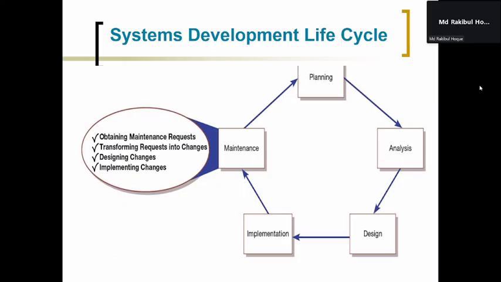Then in design, we design the database, and we also talk about the implementation. In implementation, we can apply different types of strategy or technique. It may be parallel, piloting. Sometimes we can go for phase by phase implementation. The most important documents created from the implementation are known as user documentation and system documentation. System documentation explains the system, and user documentation explains how to use the system. This document is created for the user,